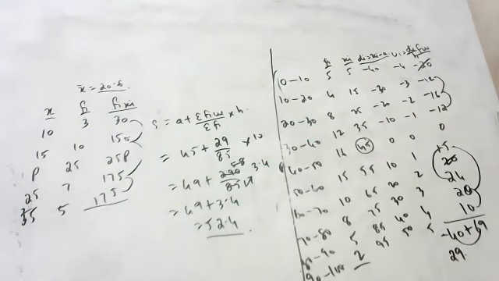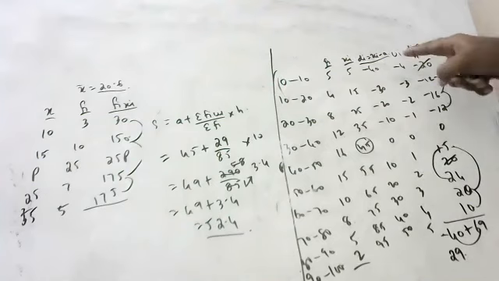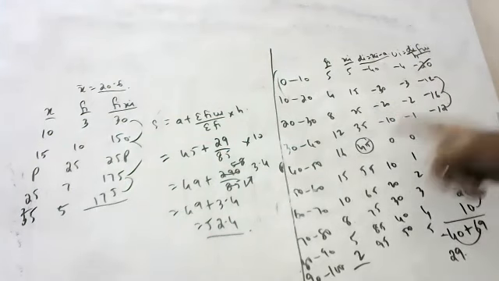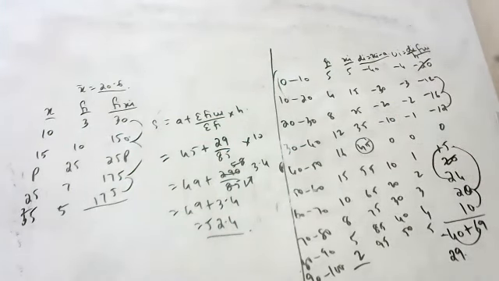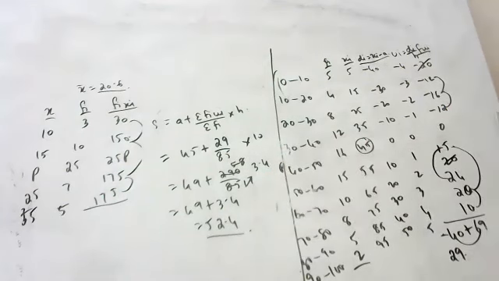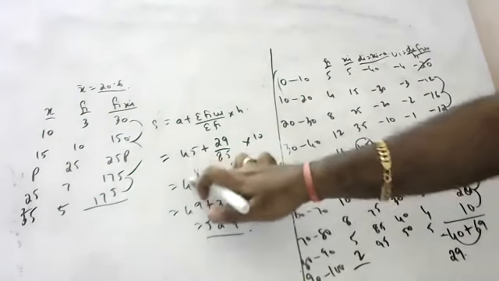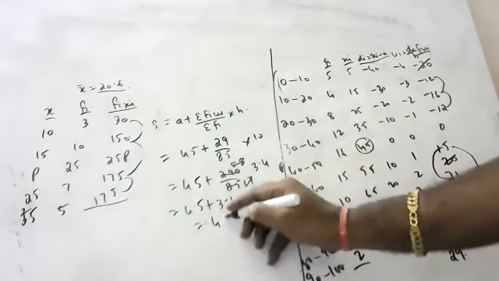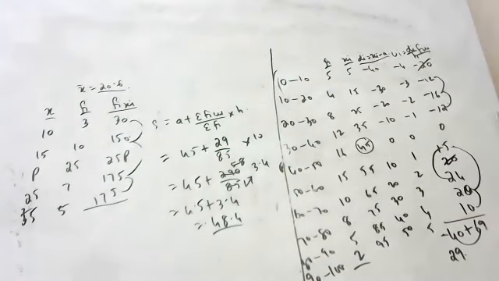You don't have the step deviation method? It's out of syllabus for you? Yes, sir. This is the step deviation method, easy. Here minus 40 means you get minus 4. This is 20, minus 12, minus 16, minus 12, 0, 15, 20, 20, 20 cancel. This is 28 and 40. Minus 40 plus 16 is 29. 290 by 85 is 3.4. I did wrong here, sorry. I wrote 49 here instead of 45. Yes, I made a mistake. So 48.4. Okay, that's it. Now I'm continuing.